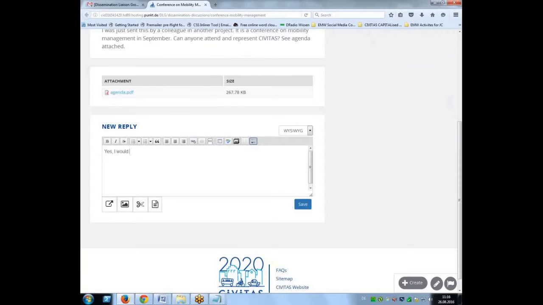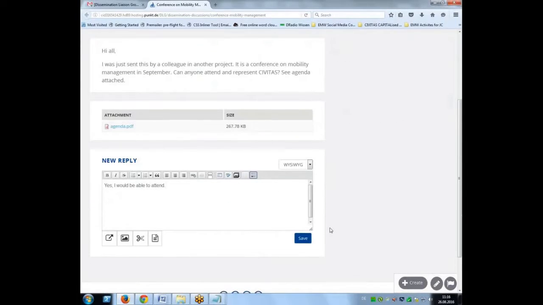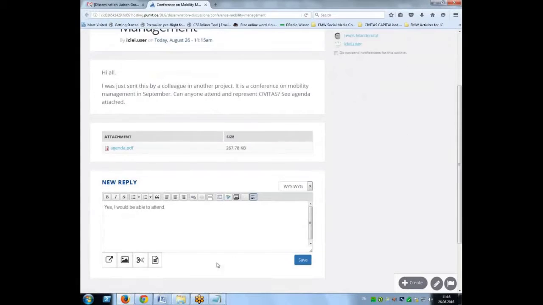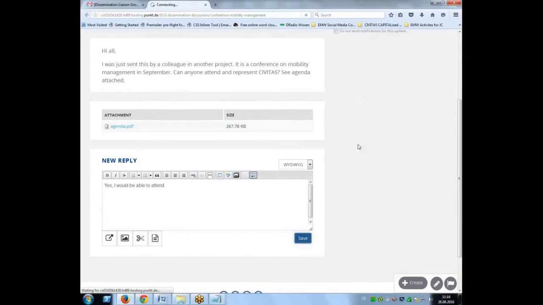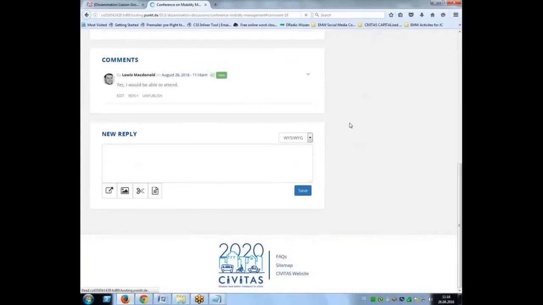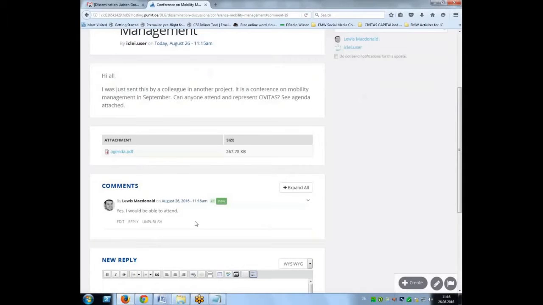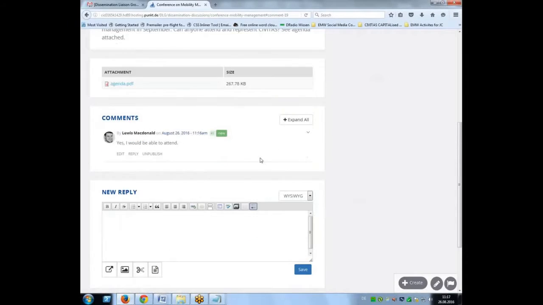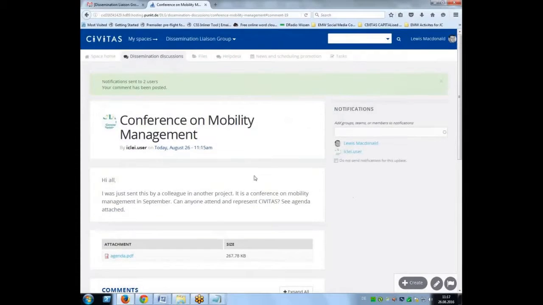And now I can just reply and say, yes, I would be able to attend. And perhaps I want to add a notification to ICLA user so they can see that I have responded. And so replies can be added to the original opening post, and they can also be added to other replies so that you create these sort of threads, similar, I suppose, to the discussion abilities on Facebook when you post a status. So now we've established that someone can make it to this conference on mobility management,